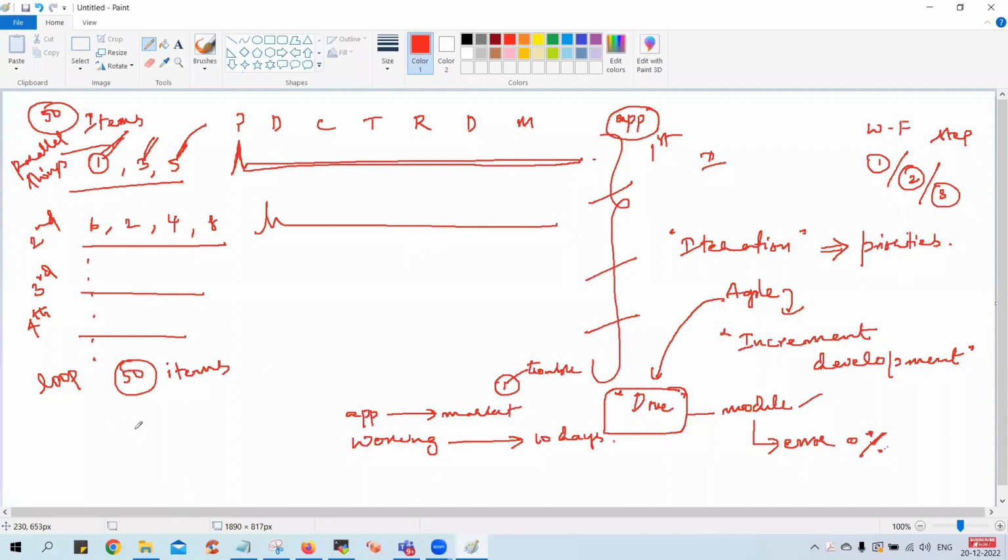Okay. Now the question comes, I hope you understood the iteration. So this is the reason it is called the iteration process. We keep on repeating the stuff until the things are done. Now, the logical question here is, how much time should we take to complete an iteration? This is another point to understand from Agile. How much time do you think